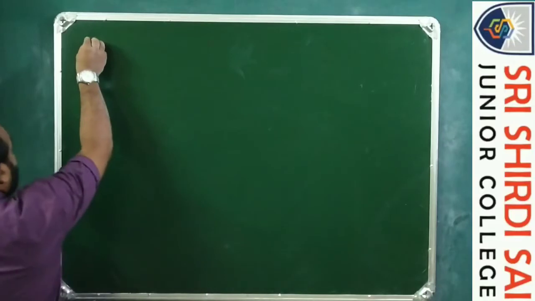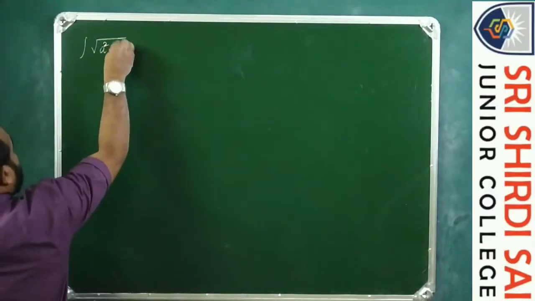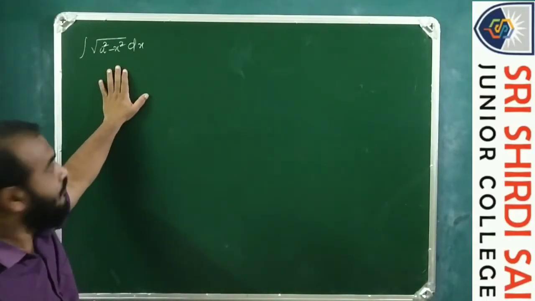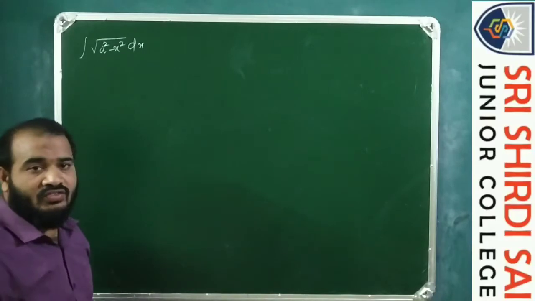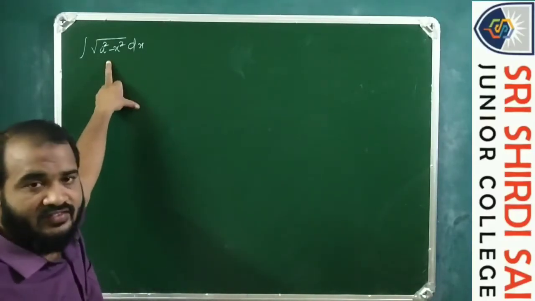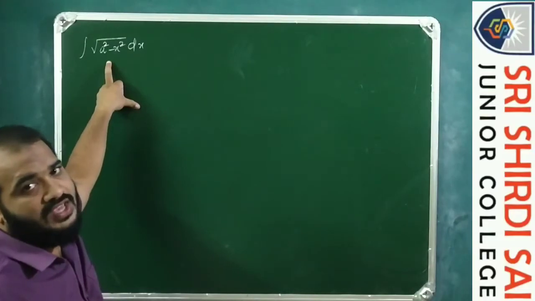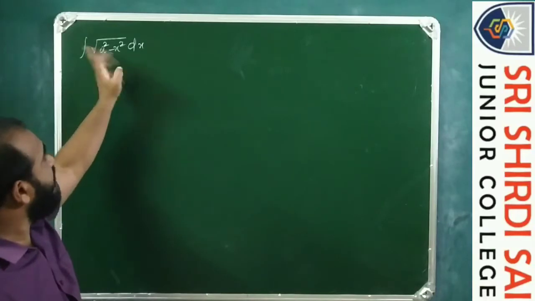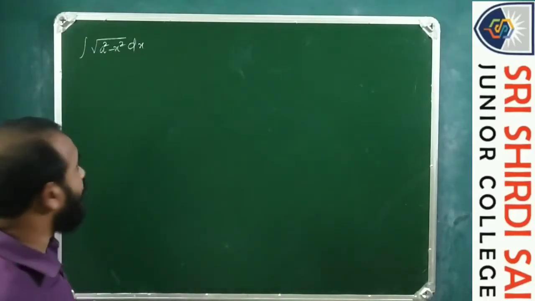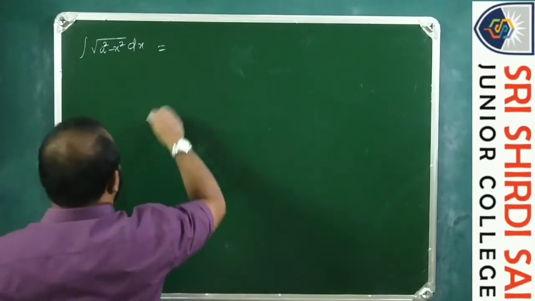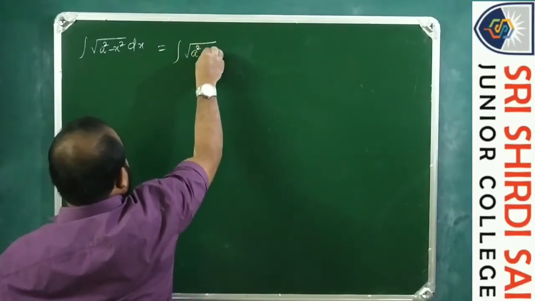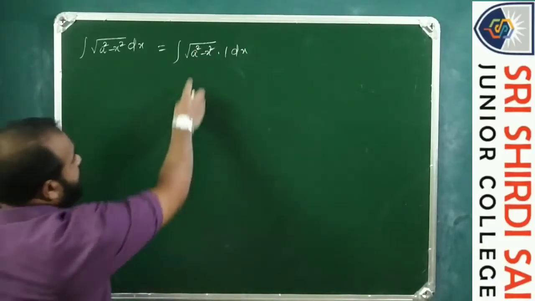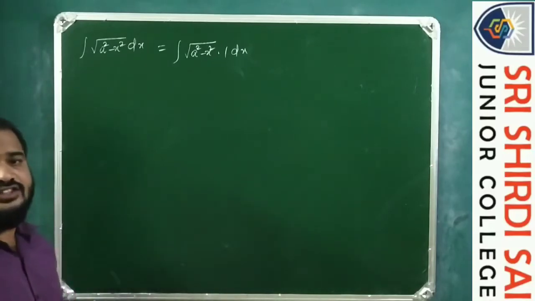So for example, integral root of a square minus x square dx. This kind of function we have seen before. So integral root of a square minus x square dx is equal to x by 2 root of a square minus x square plus a square by 2 sin inverse x by a plus c. So let us see how. There we took x equals a sin theta and proceeded. So here, integral root of a square minus x square into the second function, which is to be treated as 1. So this is f of x and 1 is to be treated as g of x.